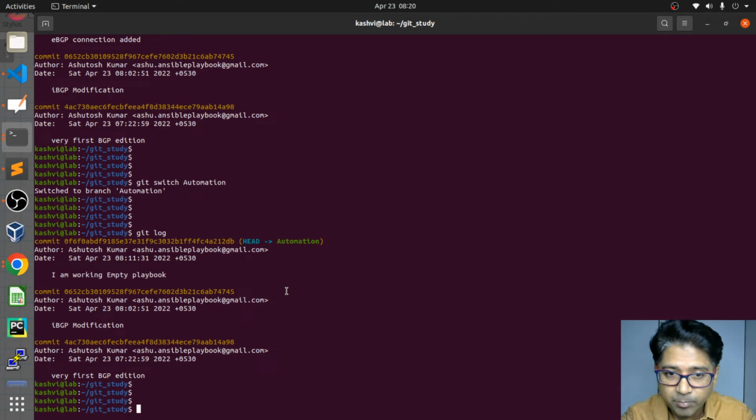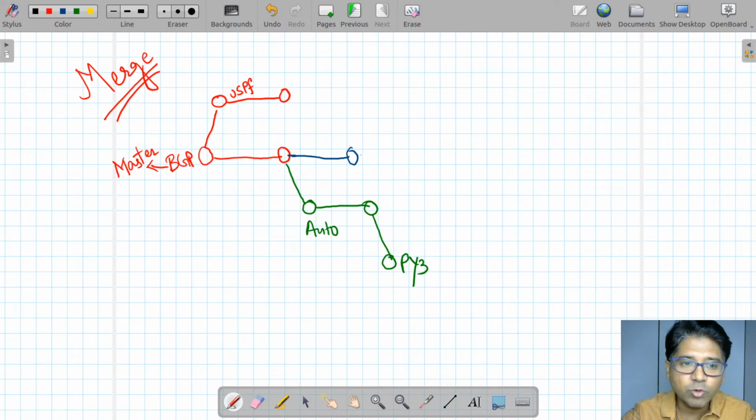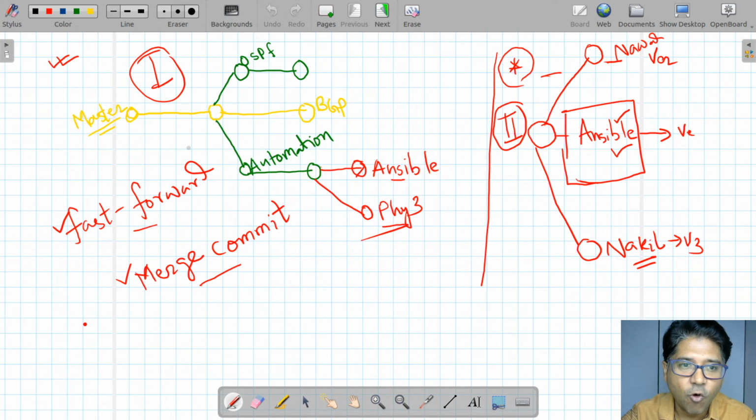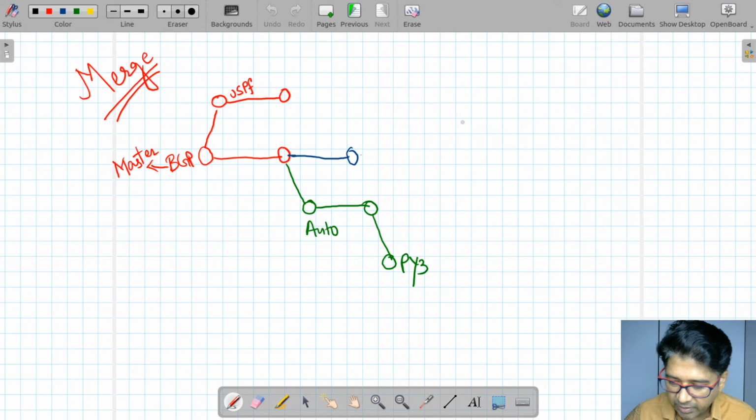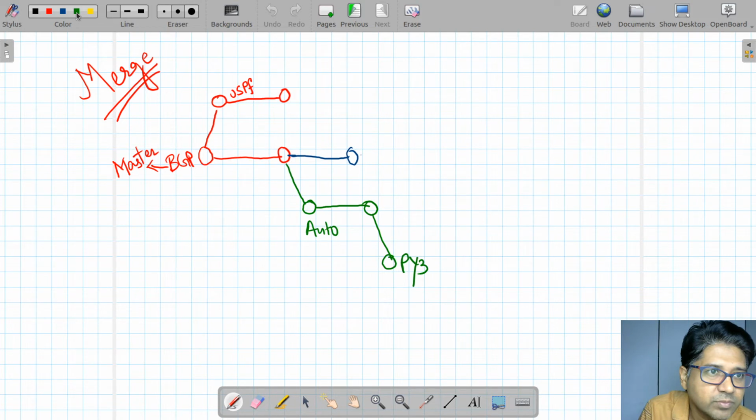Now I'm working on the automation branch. I'm going to add merging stuff. We will do the very basic merging. I already talked about this. The most basic merging is called fast-forward merging. In fast-forward merging, what is going to happen? That's a linear merge. What is a linear merge? Like here you can see we have created Python as one branch,